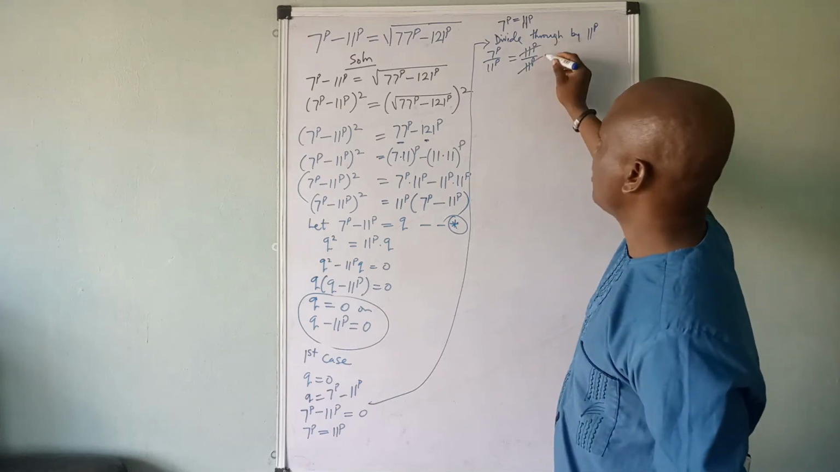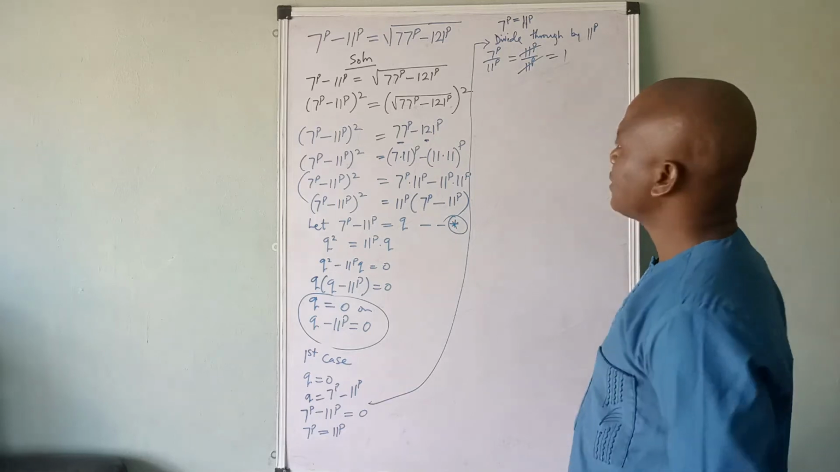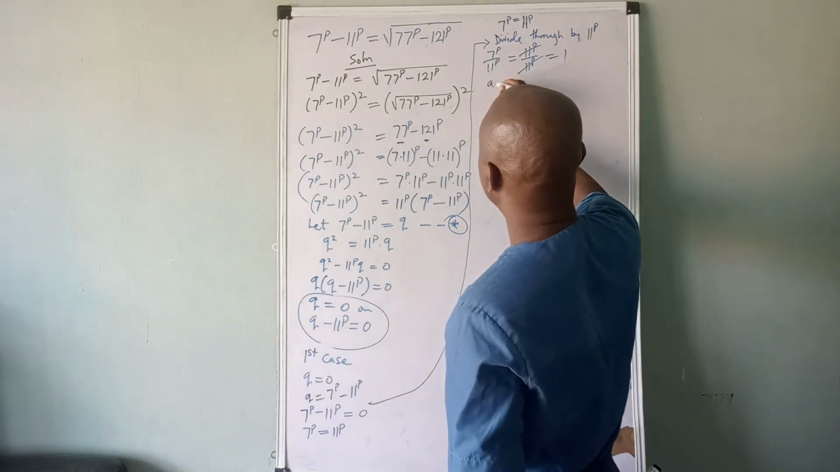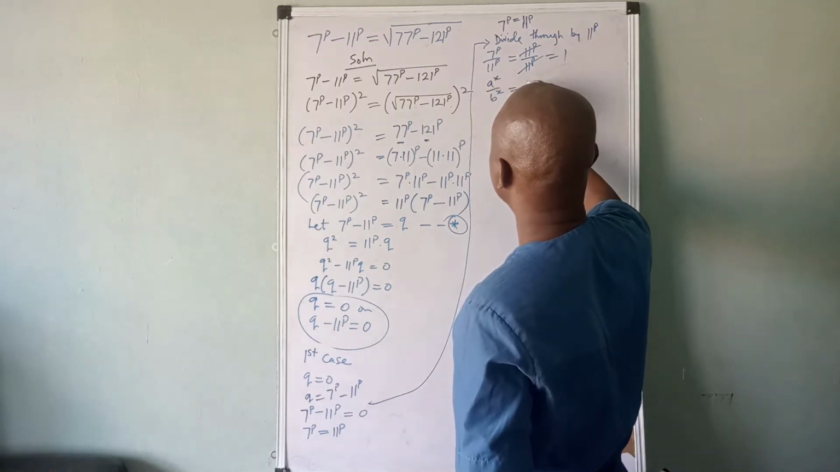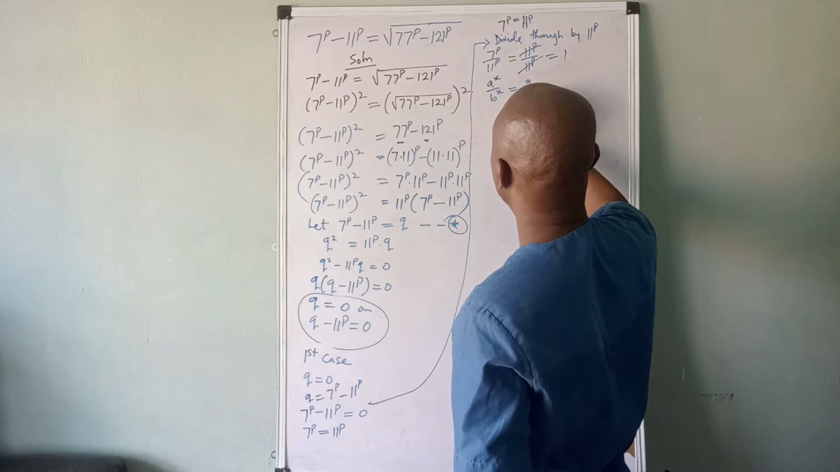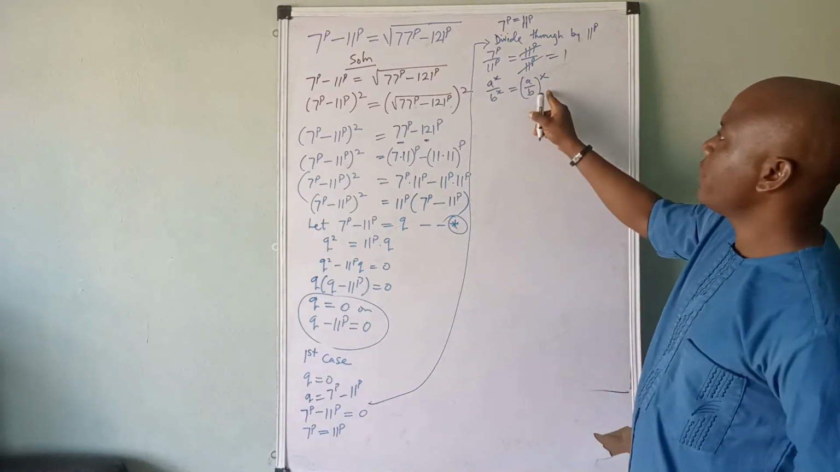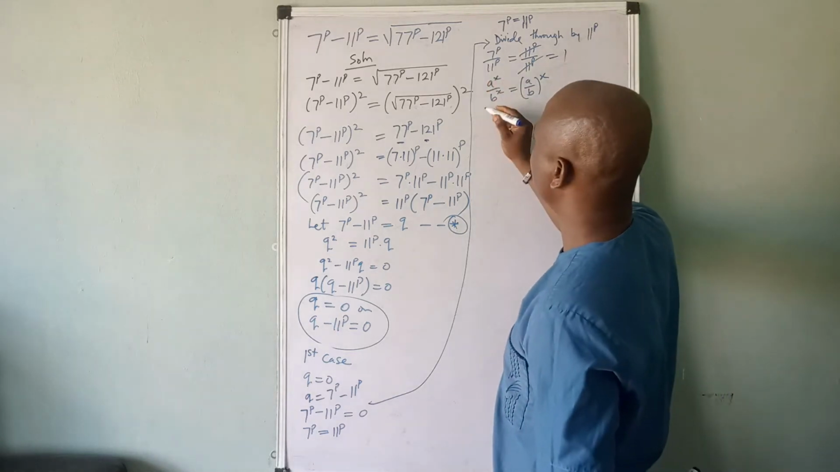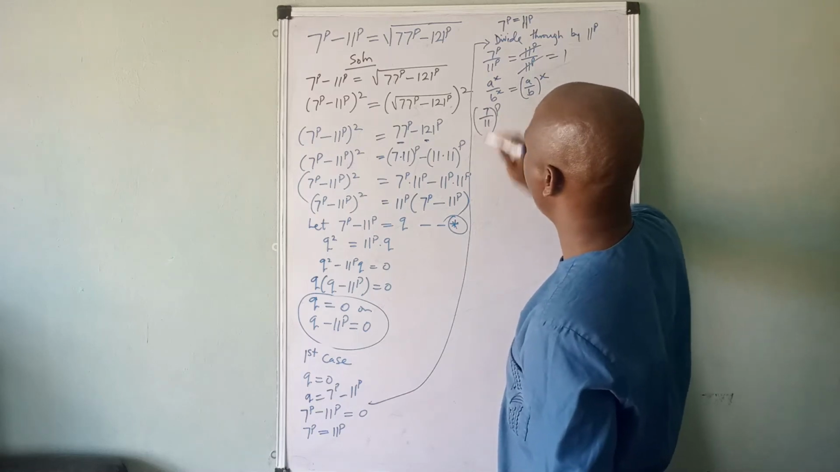So if this cancels out, it gives 1. And there is this law of indices which says that a raised to the power x over b raised to the power x is the same as a over b all raised to the power x. So if we agree with this, we can write this side of the equation to be 7 over 11 all raised to the power p,